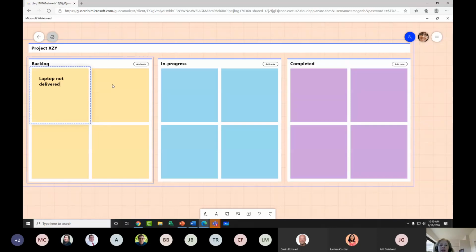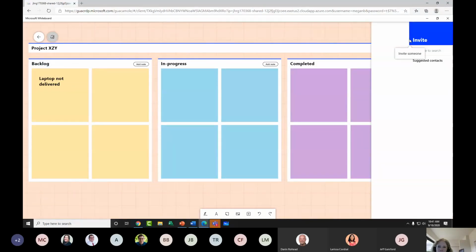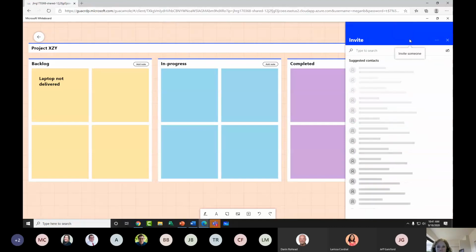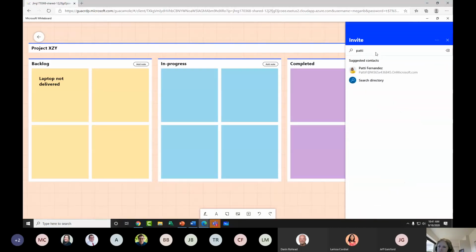They're kind of fun. Now, let's say as I'm starting this, I would like to share this Kanban board with some of my coworkers. So for that, I'm going to come to the top right-hand corner, and I want to use the share button or the invite button to share this with some of my coworkers. Now for this, to start with someone inside my organization, I'm going to go ahead and type in their name. And you'll notice that from the company Active Directory, it brings these people's names in. I want to share this board with both Patty and Nestor, a couple of my coworkers.